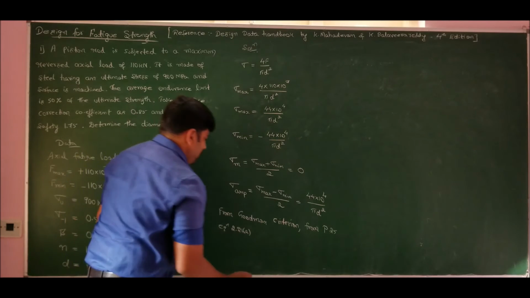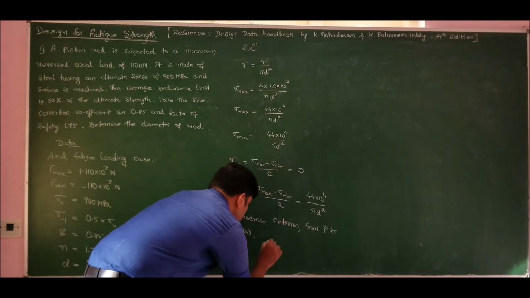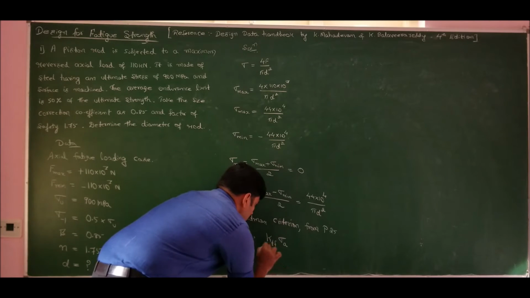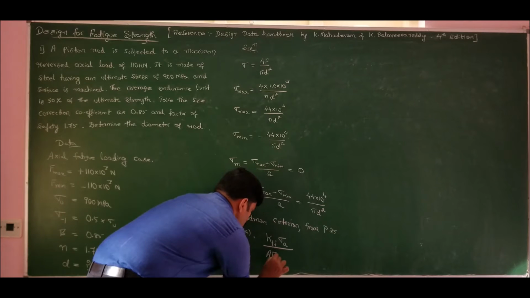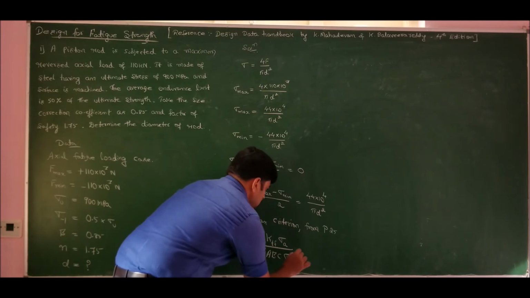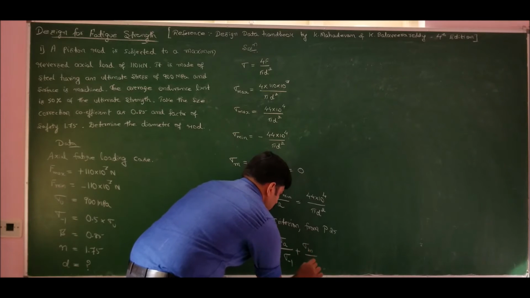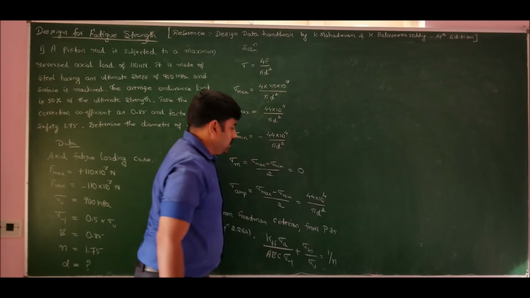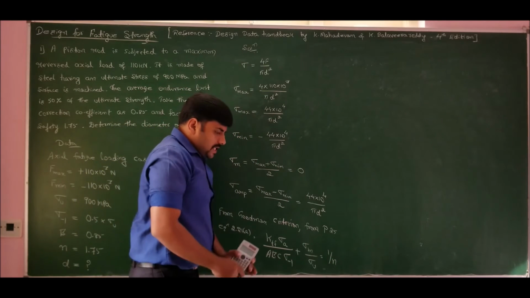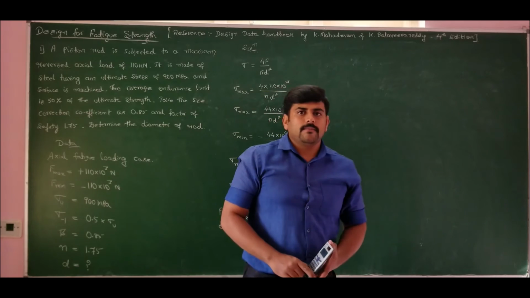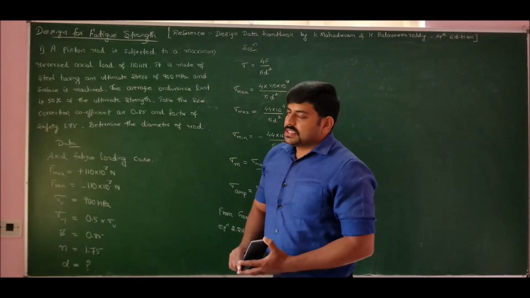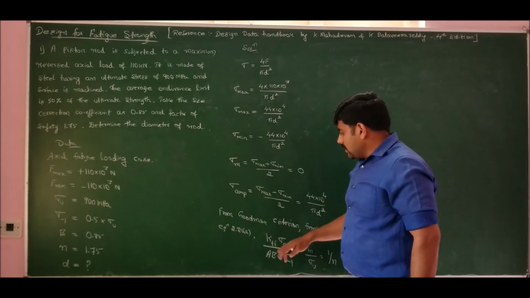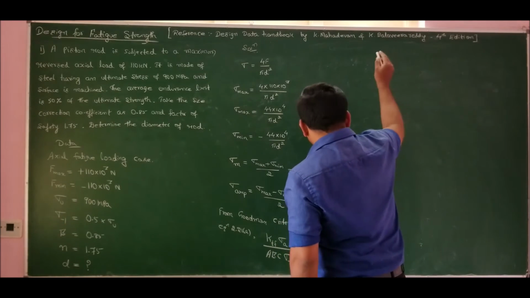Equation 2.21a, we have from our design data handbook: fatigue stress concentration factor K_TF into sigma amplitude divided by ABC factors into endurance stress plus sigma mean by sigma ultimate is equal to 1 by factor of safety. Now he has not specified any material discontinuity or any presence of stress concentration, so therefore I can take the stress concentration factor as unity. From the data handbook itself, we know the formula for fatigue stress concentration factor.